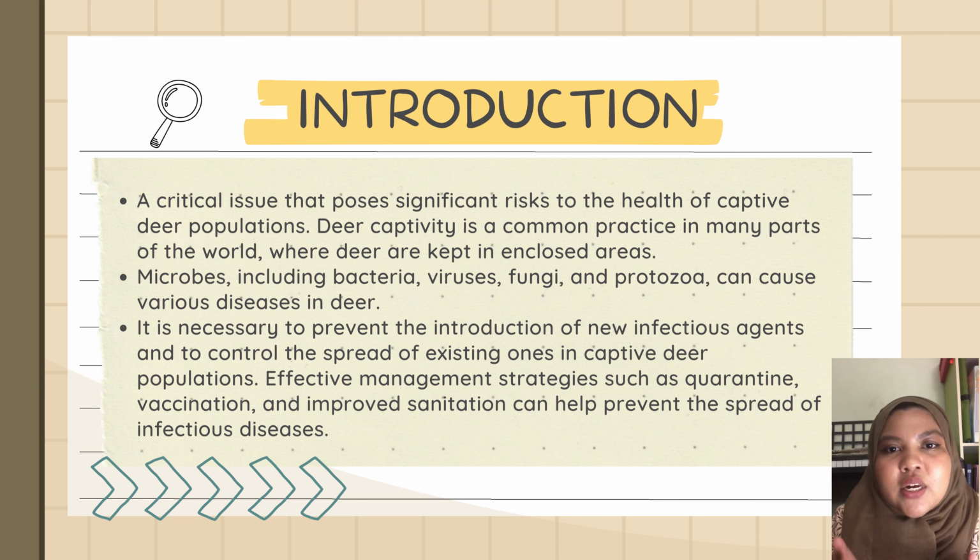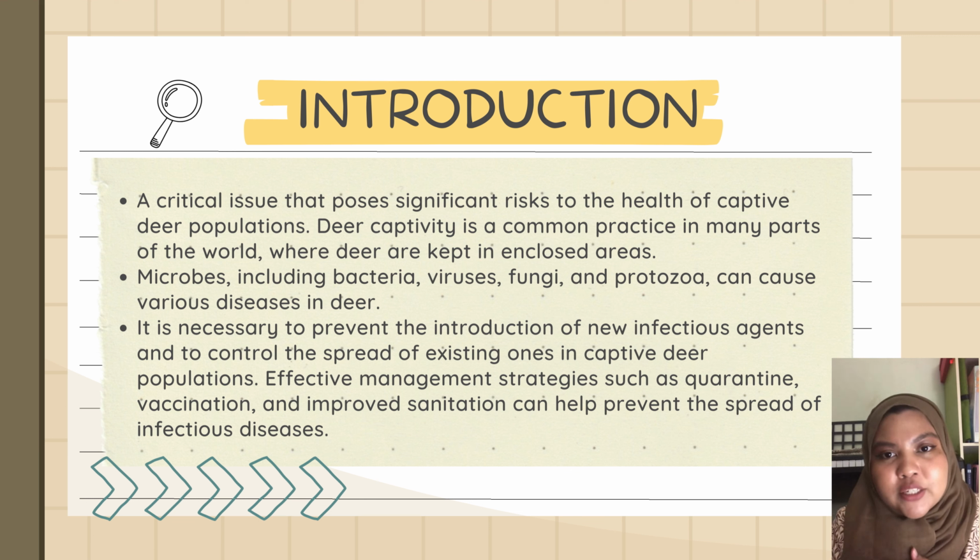Effective management strategies such as quarantine, vaccination, and improved sanitation can help prevent the spread of infectious diseases. Additionally, regular monitoring and testing of deer populations can help identify any potential health risks and allow for timely implementation